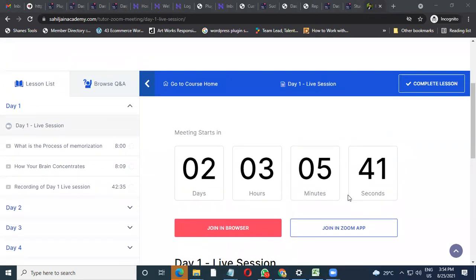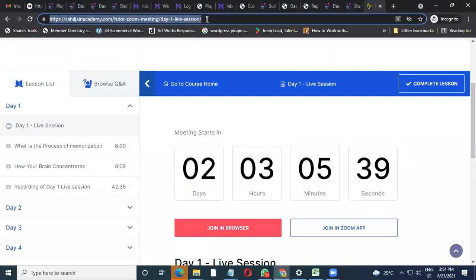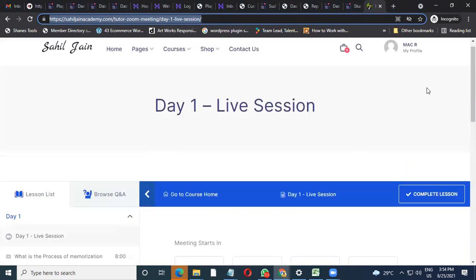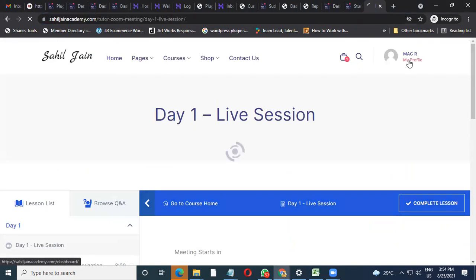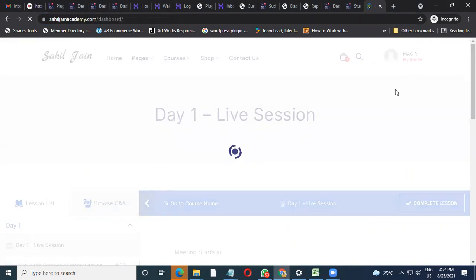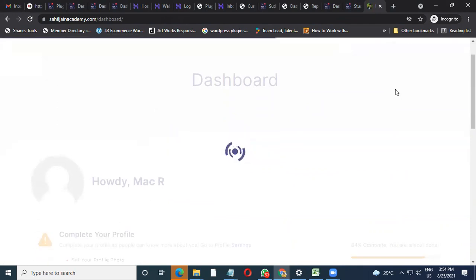So if you just give that link, nobody is able to see. They need to log in to see that. If you're sharing videos also, they need to log in to see that. So that's a safety thing which you can have. You can just share this link, people will click on that, and whoever is your student, only that person will be able to see, nobody else.